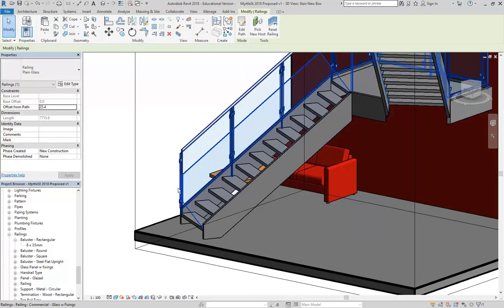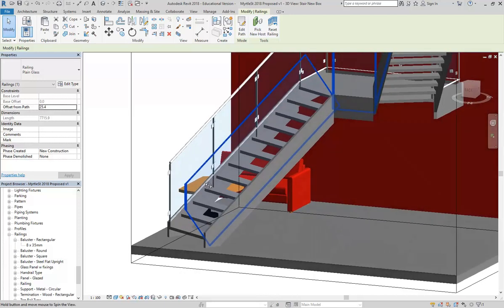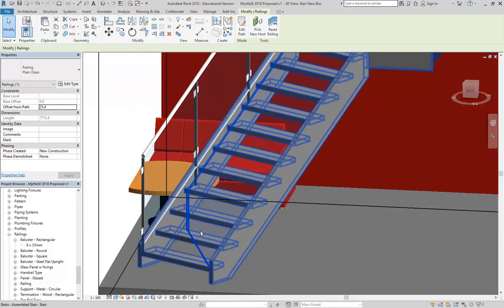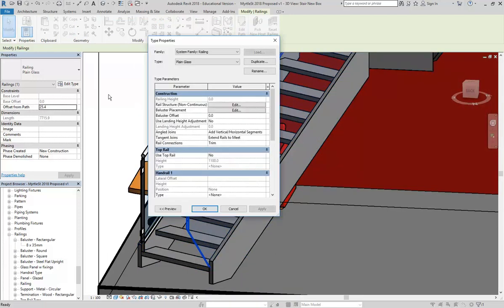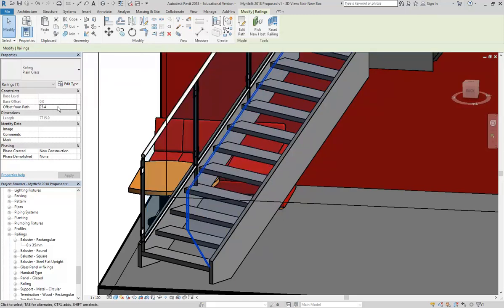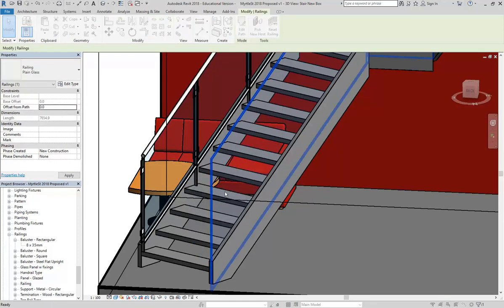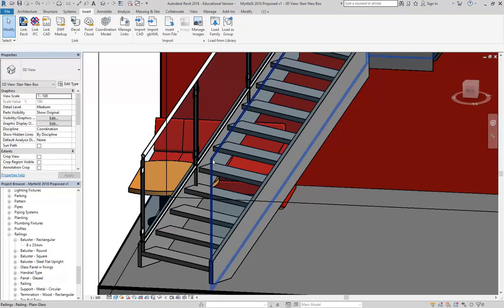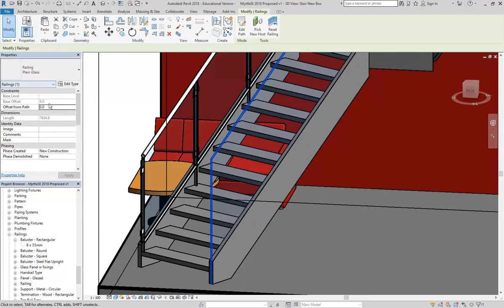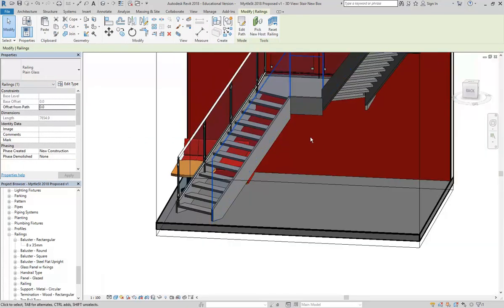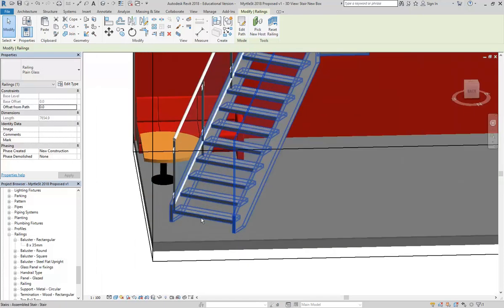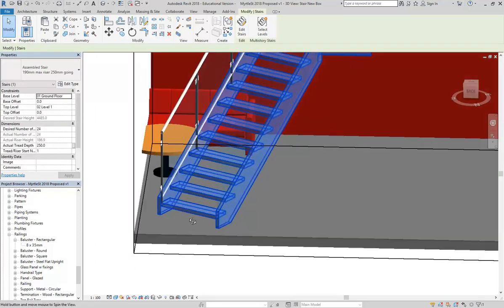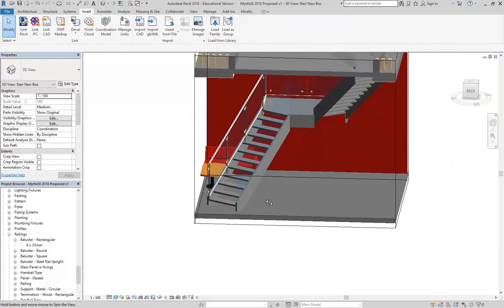Now, this part where it's projecting, that's actually because it's going from the top, and I've done my profile from the bottom, so it shouldn't be doing that. Let's have a look at this. So, offset from path, we'll have that on 0. Oh, there we go, that was the problem. That's not a standard setting. So just watch out for that one. That should be 0. And there we are. So, this stair now, well, even like that would be okay,